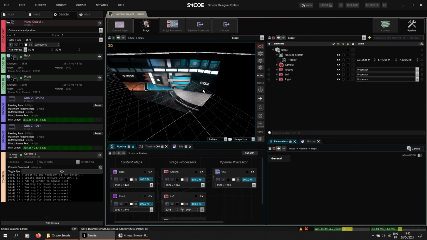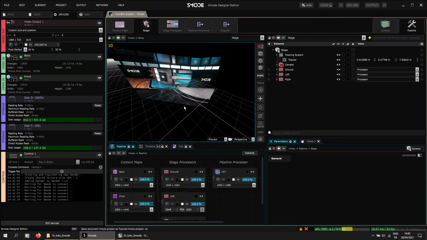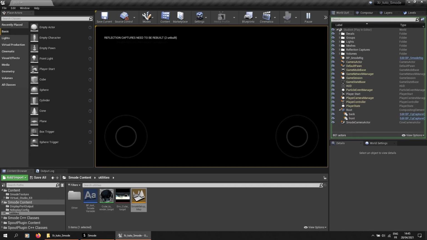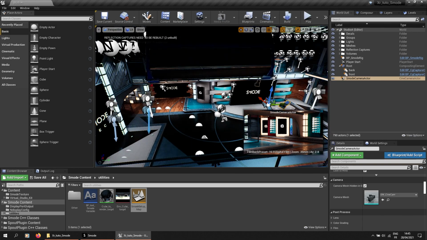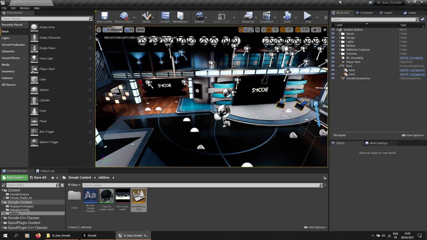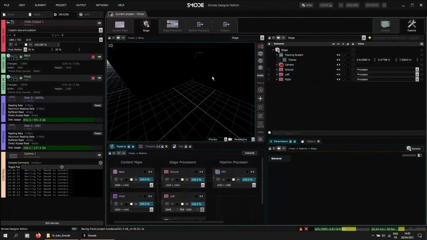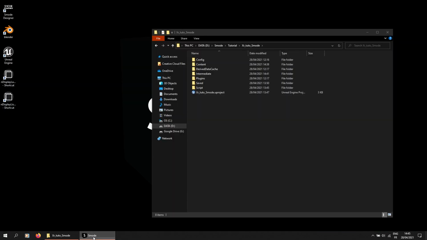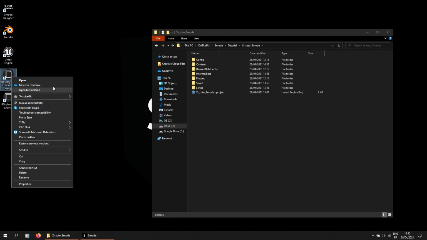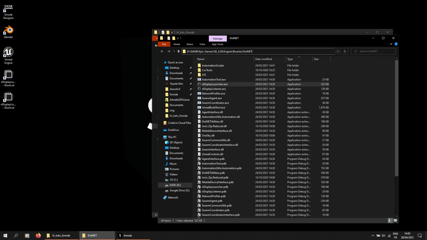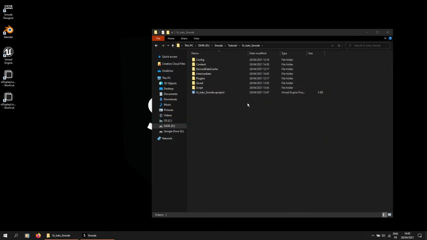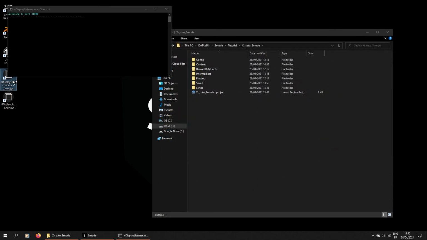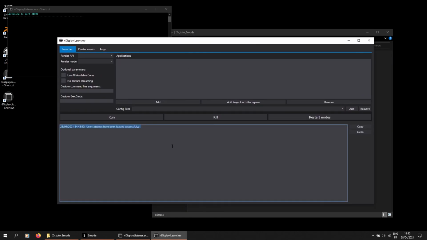Now for better performance, I need to launch the game, not in the editor, because the editor takes resources, but I will launch it with the NDisplay launcher. So here I have a shortcut for it, but it's located in here. So your Epic Games installation, and then Engine Binaries, and you have the launcher and the listener. So I will start the listener and the launcher,